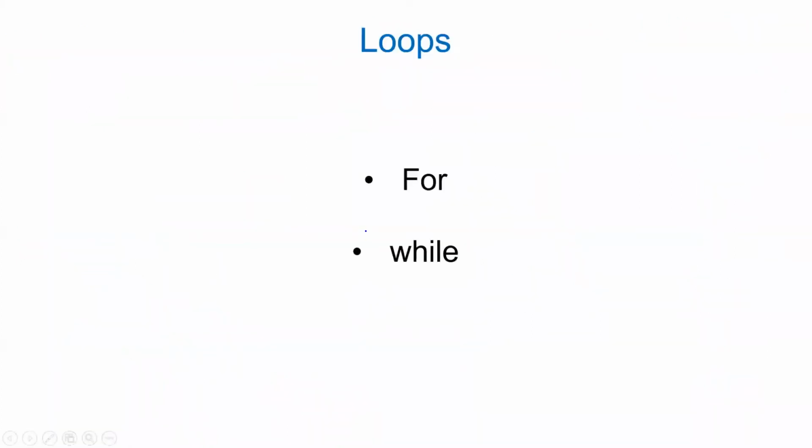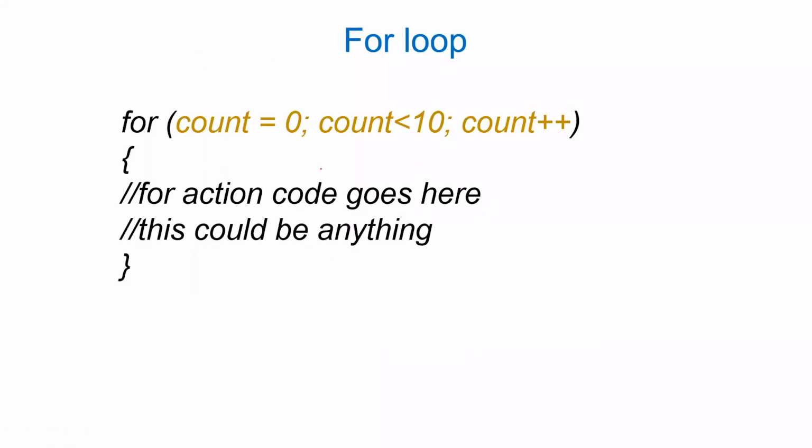The fourth part is the looping structures, where we make use of a construct for repeating the same block of instructions again and again, over and over. We use two variants. One is a for loop, the other one is a while loop. The construct for the for loop is initialization, conditional checking, and the increment or decrement block. So for count equal to 0, count less than 10, count plus plus executes this block of statements 10 times.